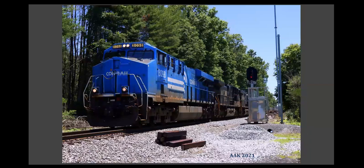Now moving on to Big Blue. This is the Conrail unit. And this was on, I'm trying to remember when this was. Oh, it was on this page. Okay, so this was back in June of 2021. This is on NS train